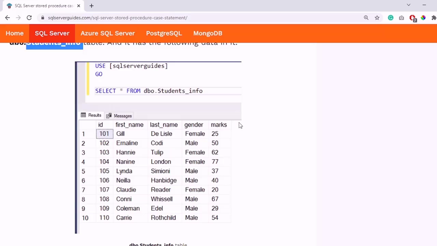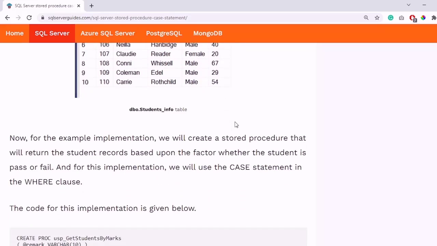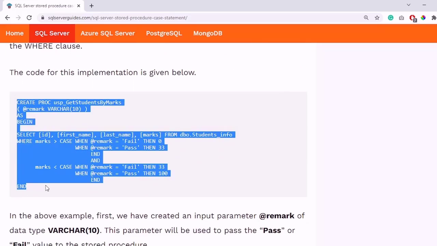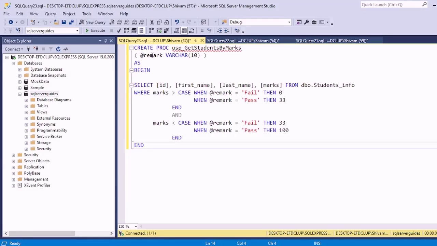So we will try to create a stored procedure which will return all the student records which are pass based upon their marks or which are fail based upon their marks. And for this implementation we will basically use case statement in a where clause within our stored procedure. Let's understand this example. So here I have given the stored procedure. Let's copy this. So here this stored procedure has one input parameter with this name remark, and the data type is varchar 10,